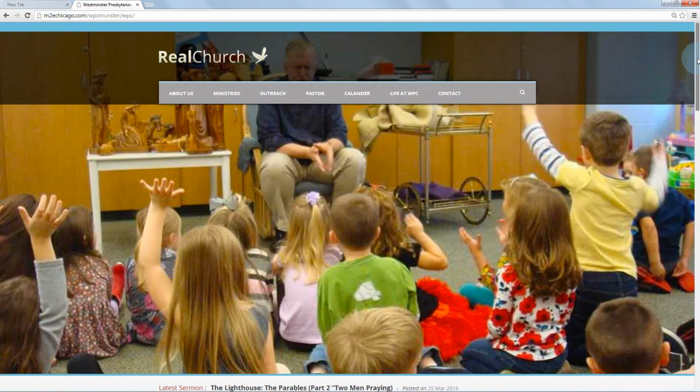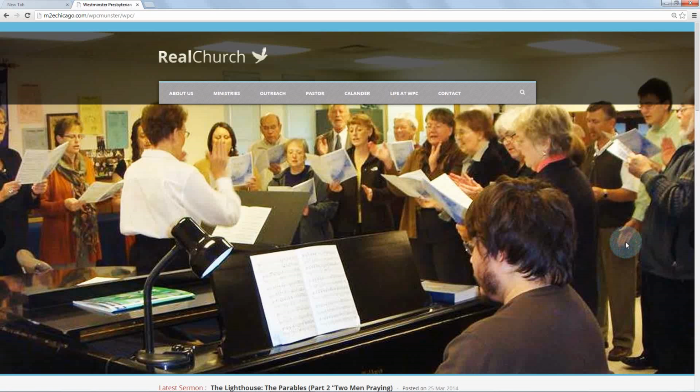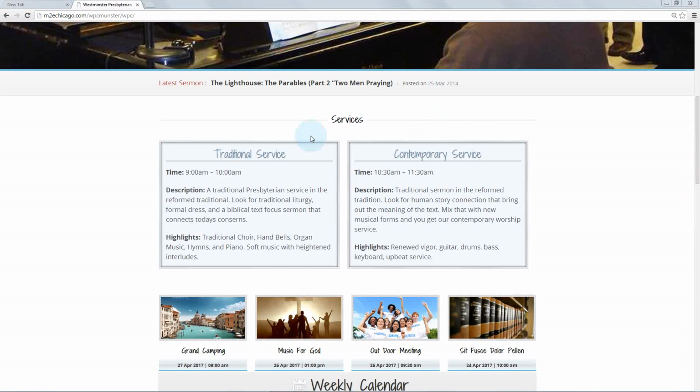I want you to pay close attention here to the menu bar. We'll take a look at menu bars, correcting menu, moving menu items, and talk about that a little bit. We're going to talk about how to change images on the slider. I'm going to show you how to edit this service, these titles here, along with the content for the Times